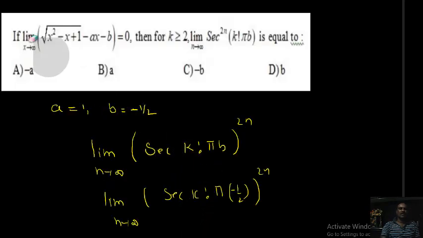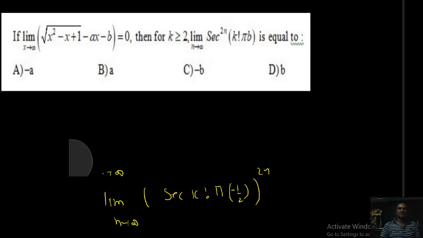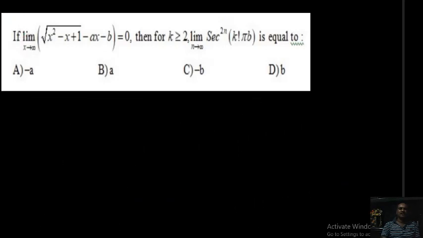Okay, 1 is the actual answer. But what does 1 mean? a is equal to 1. Actually this value is equal to 1, and what I got is a equal to 1, so that is the answer. My answer is B.